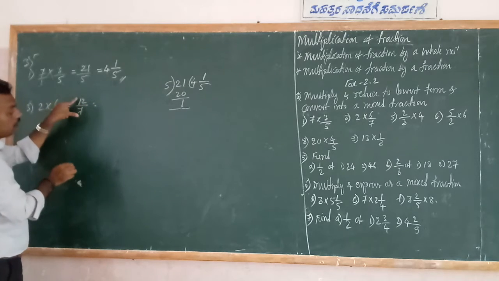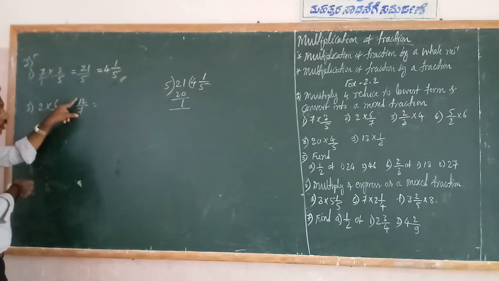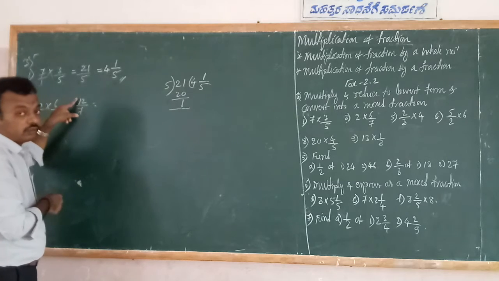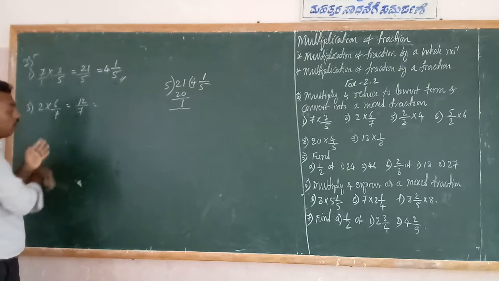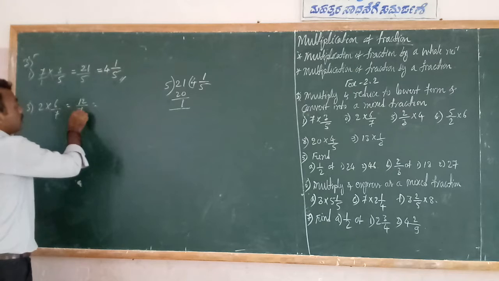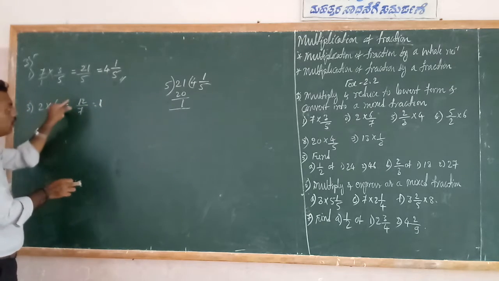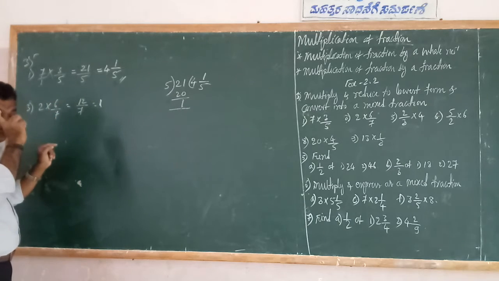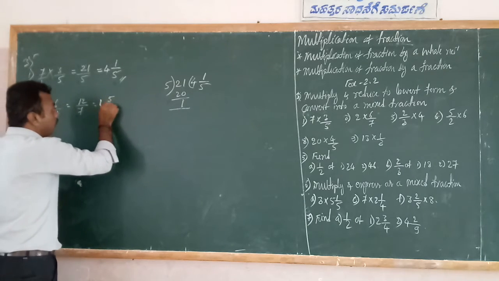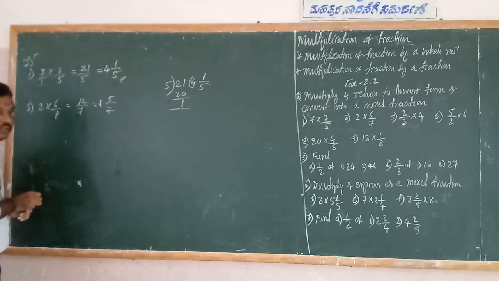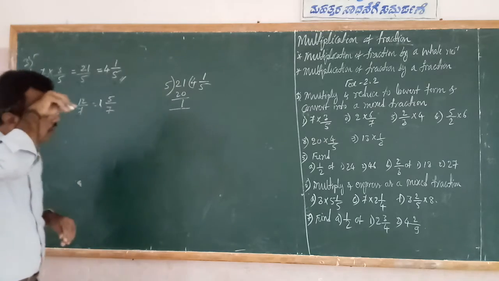Now 12 by 7 is not in the lowest form, so we convert it to a mixed fraction. 7 how many are 12? 7 ones are 7. 12 minus 7 becomes 5. So 5 by 7. So 1 5 by 7 is the mixed fraction. You understood? So like this, question number